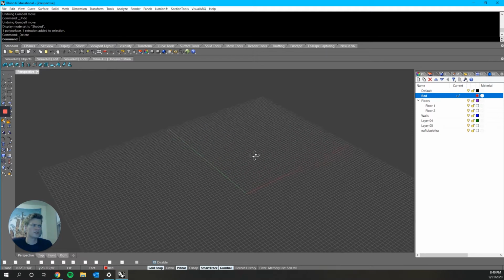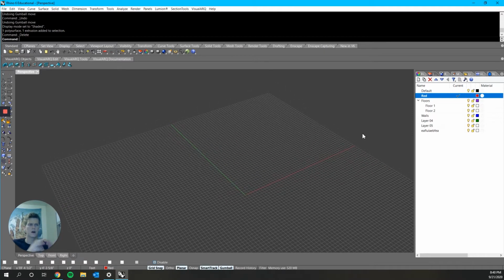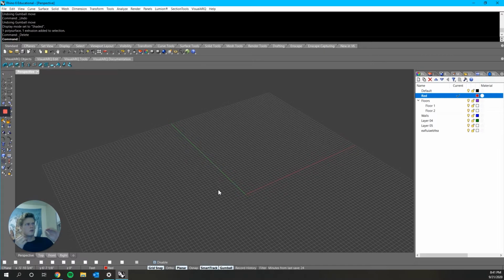We'll jump into the general hierarchy of modeling in Rhino. The way it goes is you start with a point, and then points become a line. A line exists between two points, or is essentially an infinite series of points, and that makes what Rhino calls a curve. So you go from a point to a curve to a surface to a polysurface or a solid, right? So for example, just to illustrate that,